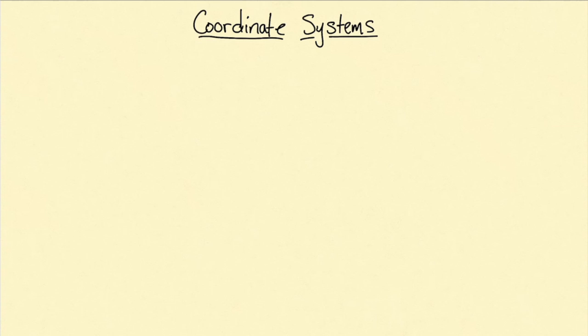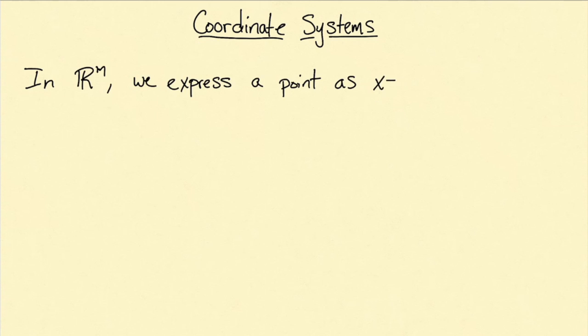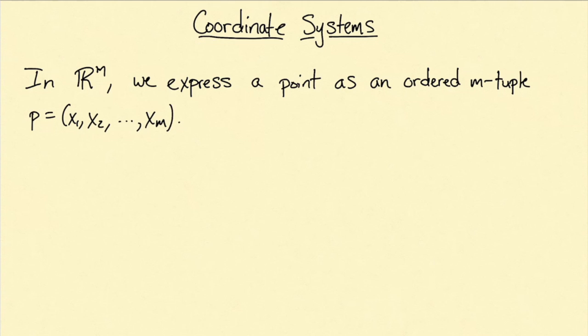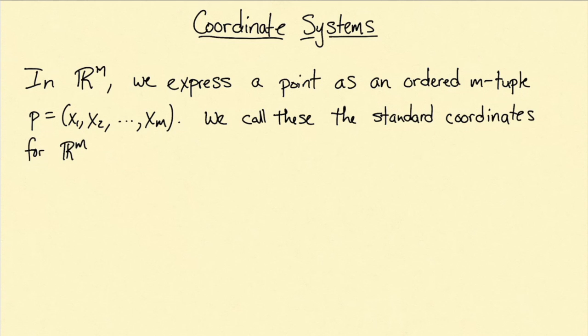Now we have the basics for bases under our belt, we want to talk about coordinate systems. So when working in R^m, we normally express a point as an ordered m-tuple, let's say P, which is equal to (x1, x2, down to xm). So we call these the standard coordinates for R^m, since we can identify P with the vector v equals x1